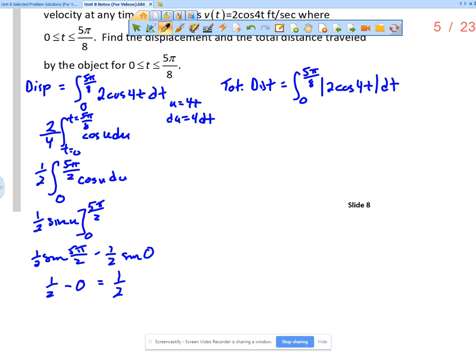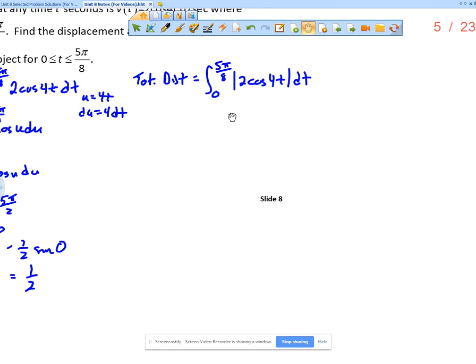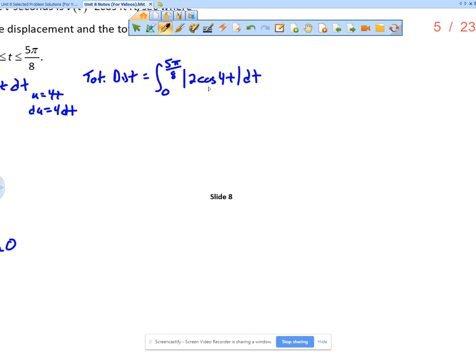Once again, that means the object is half of a unit to the right of where it started. All right, total distance. Now this is a little bit more work. Why? Well, because I have to know what parts of this graph are above the x-axis and what parts are below the x-axis. So what does that mean? Okay, yes, I could draw a graph or whatever, but really what I'm going to have to do is figure out